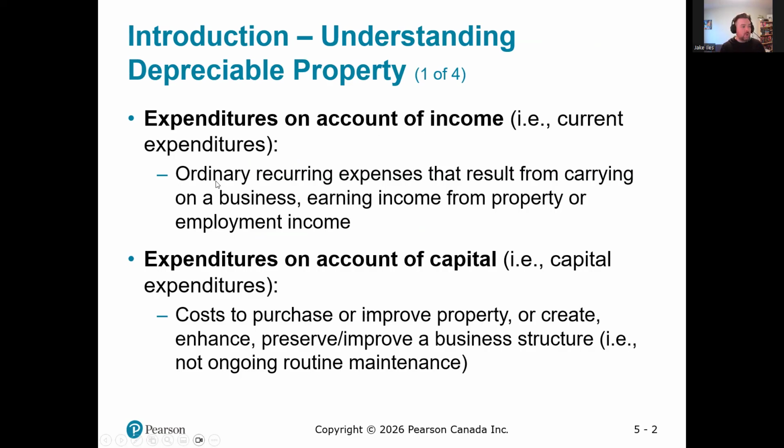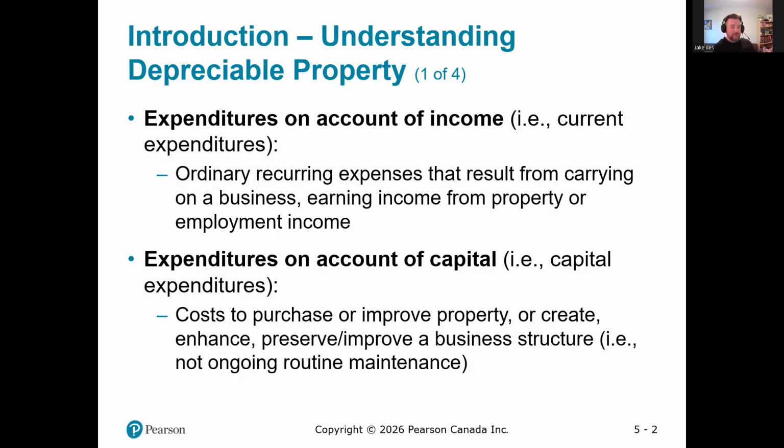These occur on ordinary recurring expenses from carrying on a business: your monthly rent, paying for office supplies, salaries and wages for employees. These expenses are time-based and very current. What we're covering is a certain usage of a function or expense that happened right now. So for rent, when I pay the monthly rent, the next month I have to pay it again